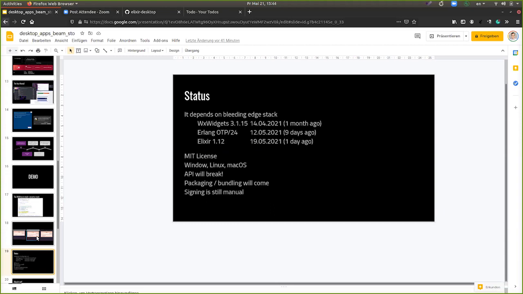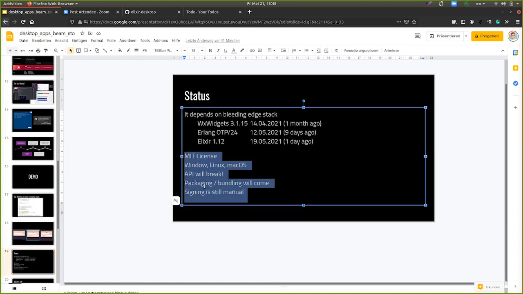All of this is now public. There's a GitHub repo. Feel free to check it out. It's MIT license. It runs on Windows, Linux, macOS. It also runs on Raspberry Pis, because that's the target for my application. The APIs will likely still break. I would wish to be able to say all is final and done and dusted, but it's probably not. If you see things that you think could be rearranged, let me know. I'm really open to anyone who's willing to contribute. I'm really happy about that.